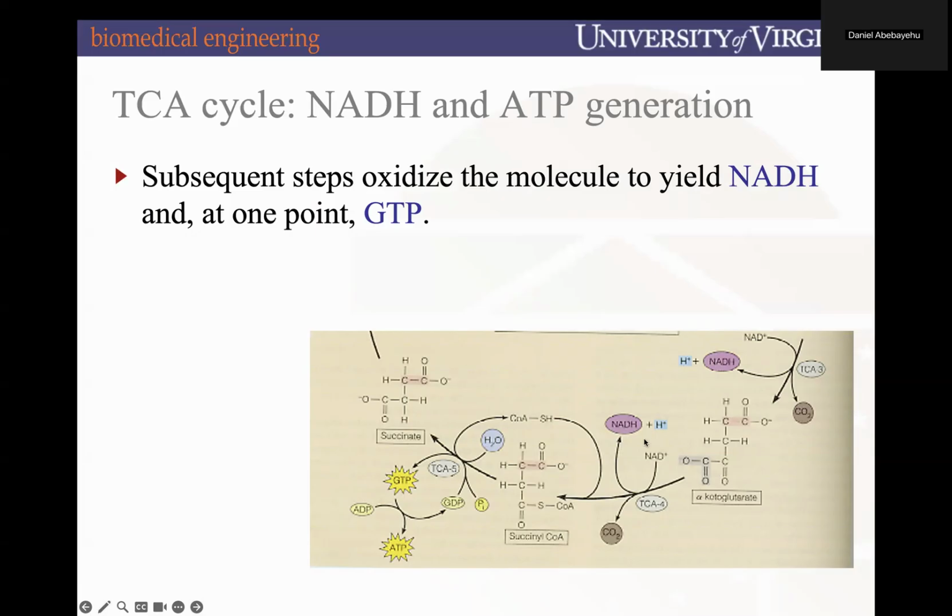And so when we go from succinyl-CoA to succinate, what's important to note is that we have our first ATP, or it can be GTP, that is produced. There are enzymes that mediate this reaction going from succinyl-CoA to succinate. Depending on the species of that enzyme will determine whether an ATP or a GTP is produced. But the key thing to note is that we do have an energy substrate that is produced during the TCA